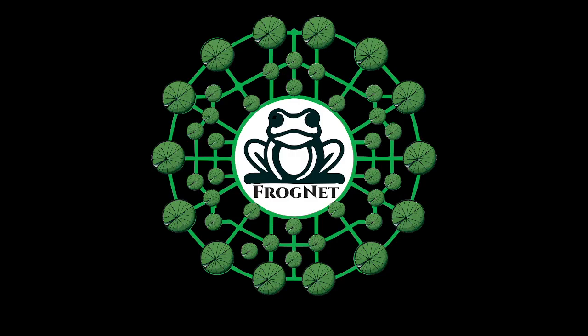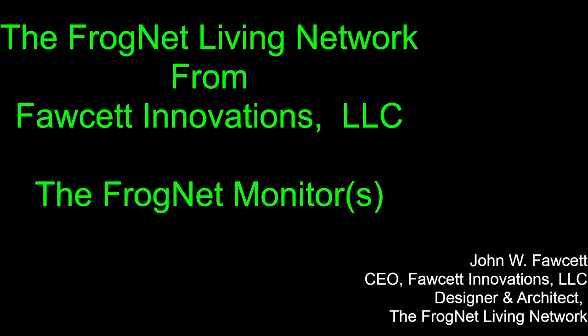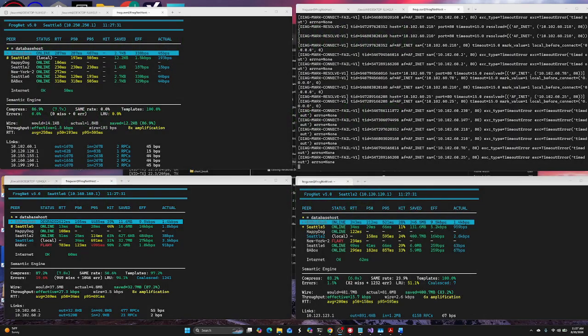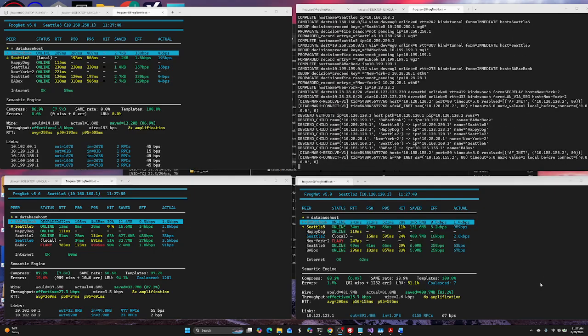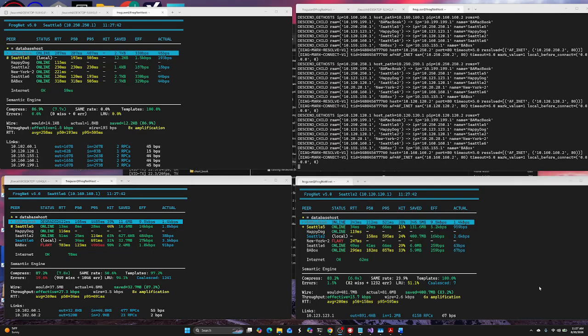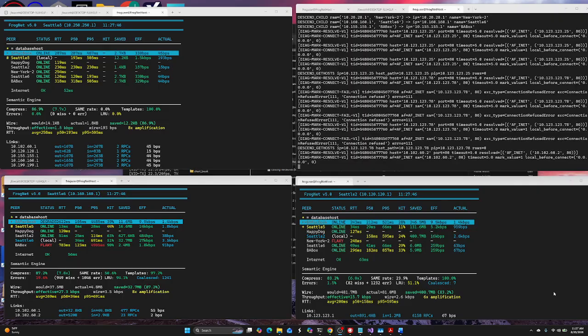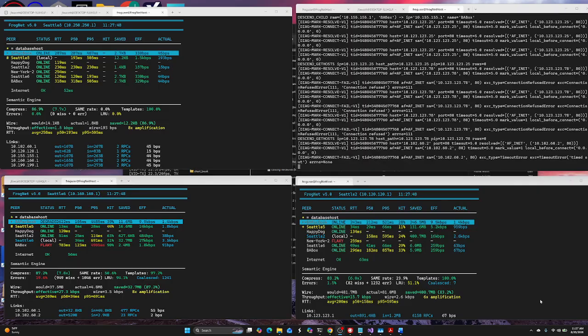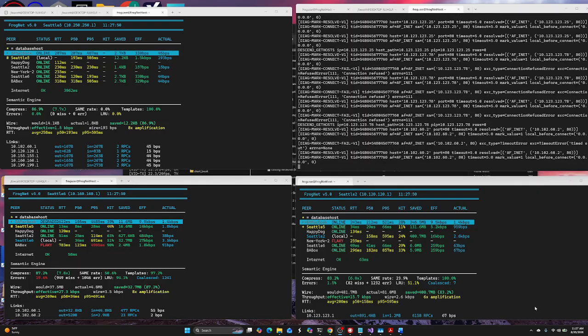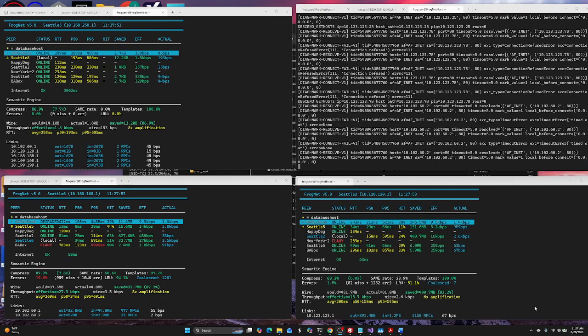Yeah, if you've ever talked to anybody who's done very much wide area distributed management, one of the things that they really want to do is monitor the systems that are out there, make sure that everything's up, understand what's going on, and be able to tell that they are in compliance, right? So FrogNet is no different, but the way that we go about it absolutely is